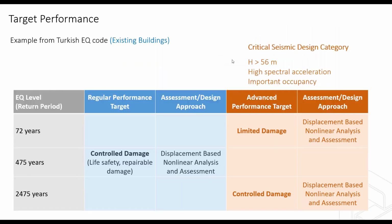And existing buildings are similar. First of all, for existing buildings, we cannot use any strength design because the building is existing. We cannot assume any ductility. We cannot attach any ductility to the building, so we must use a displacement-based assessment, and we must satisfy these conditions. So why I gave you these tables, because I think it's very important to understand this if we want